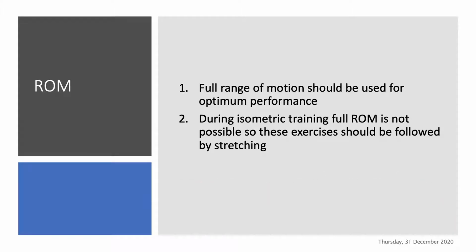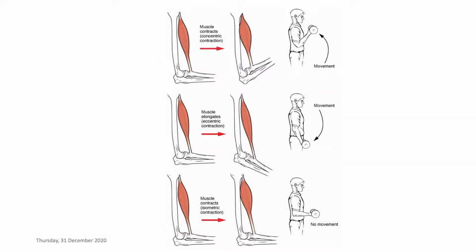Now, isometric training, of course, does not use range of motion, doesn't go through that range of motion. So we have to make sure that we stretch a little bit. So we use some active stretching techniques after we do isometrics. Please make sure that it is not passive stretching, and we'll talk about that difference later on. So let's move on and talk about